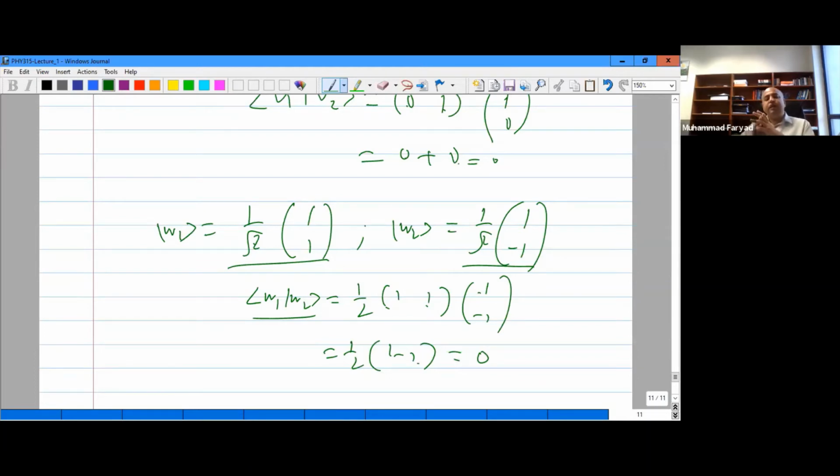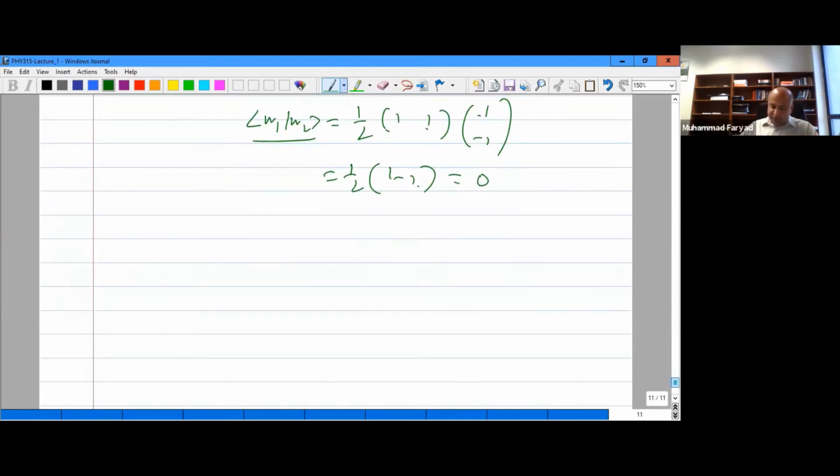So there are infinite number of orthonormal bases possible for any vector space. What you choose depends on your convenience or some other reasons of practicality. So there are always more than one basis possible for any given vector space. All right, so let me give some examples of linear operators